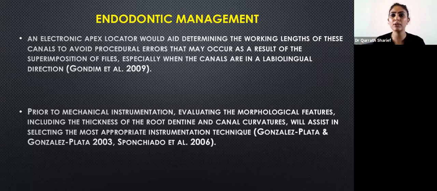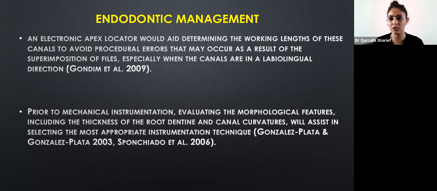It's not only about the extra root or the extra canals. There can even be acute 90-degree curvatures at your apical third. That definitely needs to be considered before even starting or introducing any rotary file inside the root canal system. This is very important. And also, before starting any biomechanical preparation, I feel as a clinician,